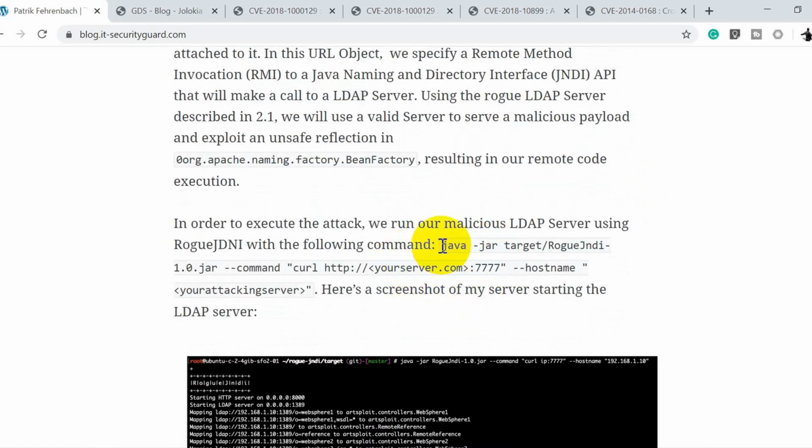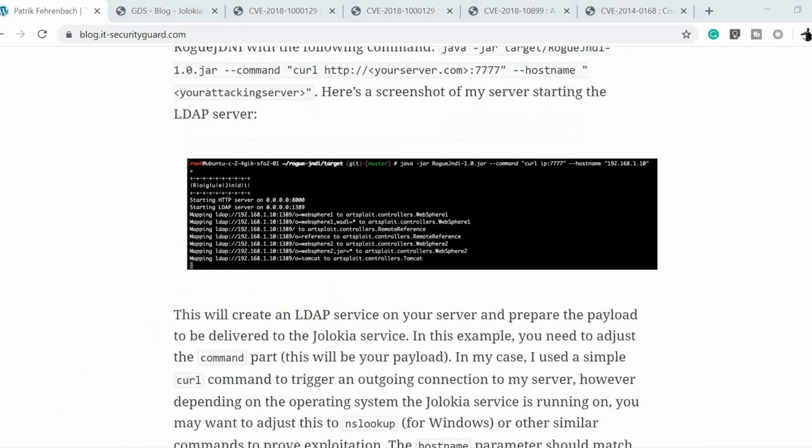So this is the typical command that he ran, like java -jar target/rogue-jndi.jar, then command, whatever the server IP address, then host name, and your attacking server, right? Which basically creates an LDAP service on your server and prepares the payload to be delivered to the Jolokia service.